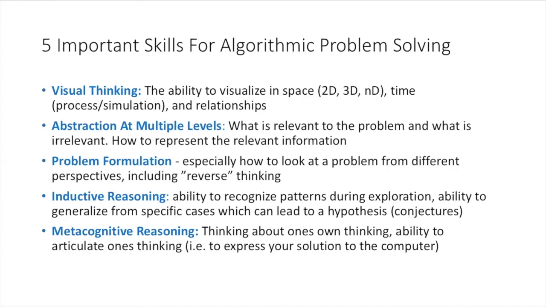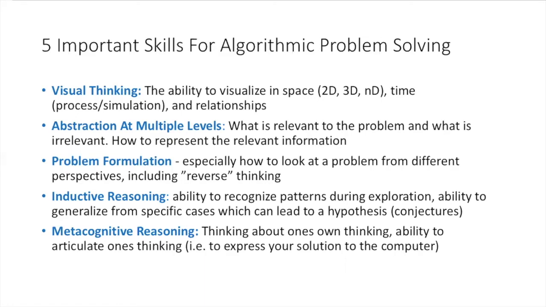Finally, you might not have heard of the word metacognitive reasoning, or metacognition. Metacognition, put simply, is thinking about your own thinking. The reason this is important is that computer science is not about you knowing how to solve the problem. It's about programming, or what we call teaching the computer to solve a problem. So in order to do the final step in developing an algorithm,